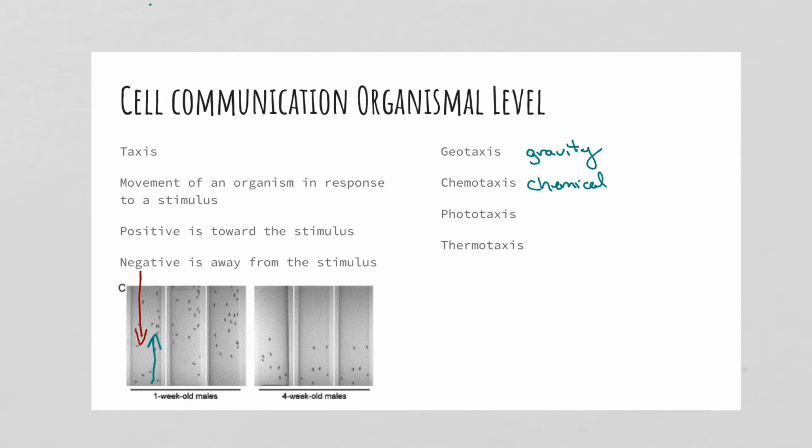Phototaxis means it's light. So again, fruit flies actually have a negative geotaxis, but a positive phototaxis means they also tend to go toward the light. And then lastly, thermotaxis is something like temperature. There are actually a lot of other taxes. These are just some examples that you can hopefully figure out based on the name. You don't have to know all of them. I was just kind of giving you examples, so if you saw it, maybe in the word, you can figure out what those words are.